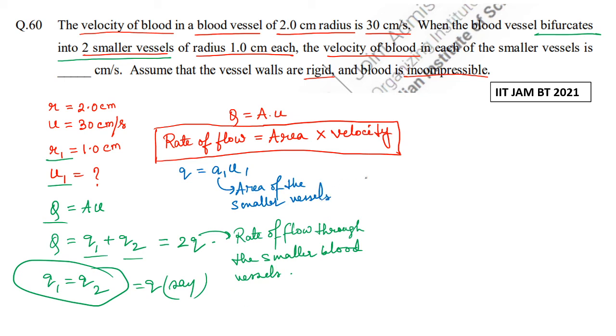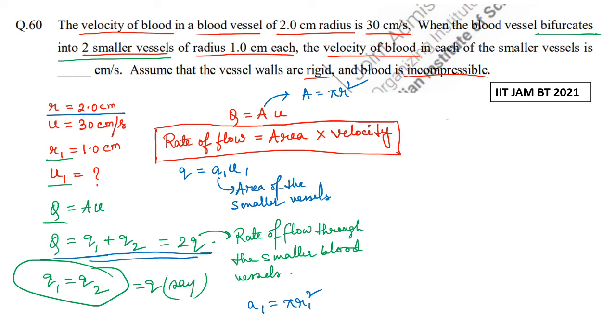Area of the smaller vessels is A1 equal pi R1 square, because they are cylindrical vessels, right? We can assume the blood vessels to be cylindrical. So the area of the cross section of the vessels would be pi R square, that is pi R1 square. And similarly for capital A, the area of the larger vessel, the initial vessel, was A equal pi R square. So we can now use this,